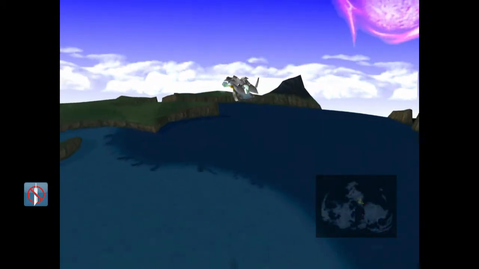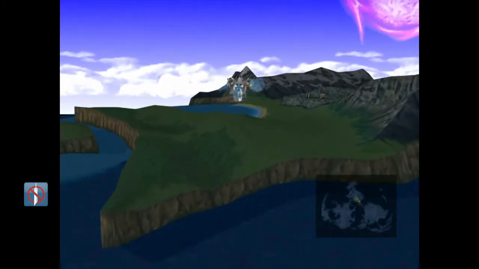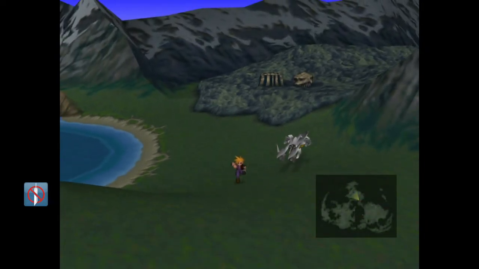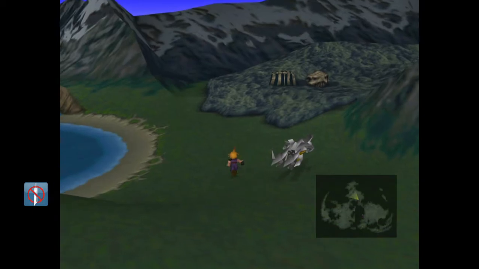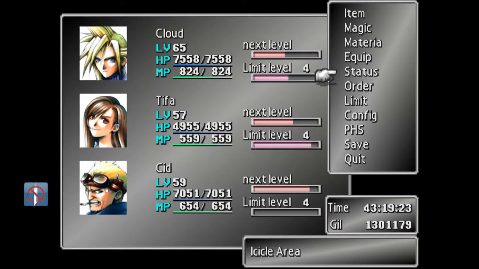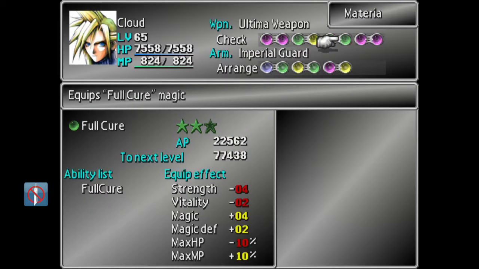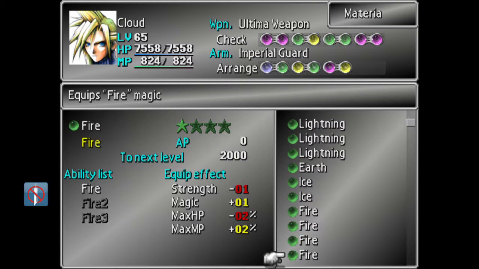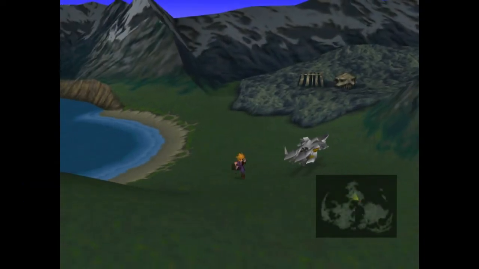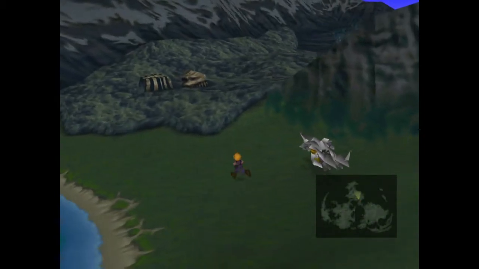Anyway. About the breeding process, I actually am already a few steps ahead from where I should be. Well, first of which, I want to equip the Chocobo Lure materia because we aren't going to be doing any fighting. What I want to do is, outside of Bone Village is where...